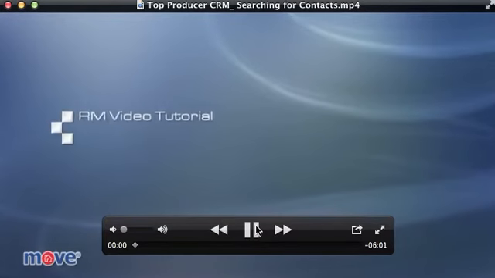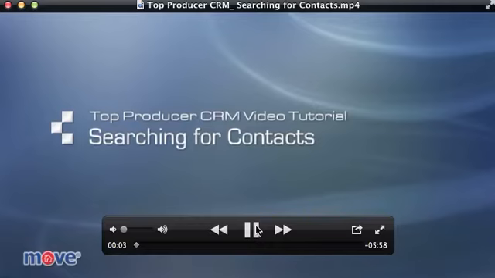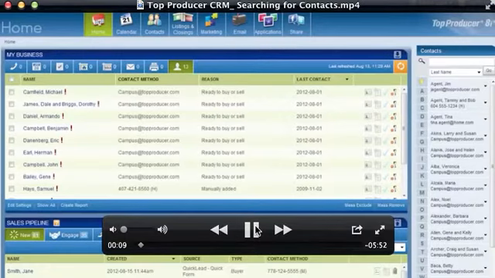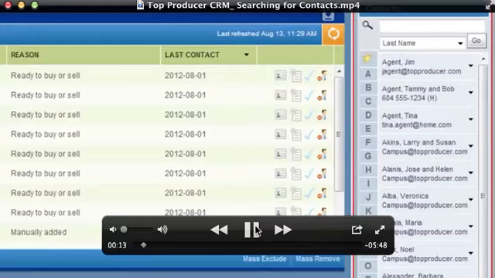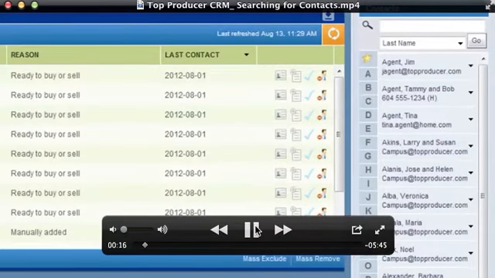Being able to quickly locate a contact or group of contacts is essential to managing your business. Top Producer provides several ways to locate your contact. The most prominent is the contact list that appears on the right of the dashboard and on many other screens. This is useful if you want to quickly locate one contact at a time and view their information or open